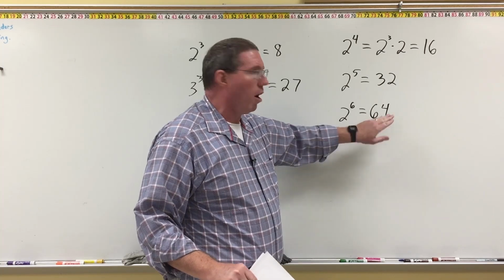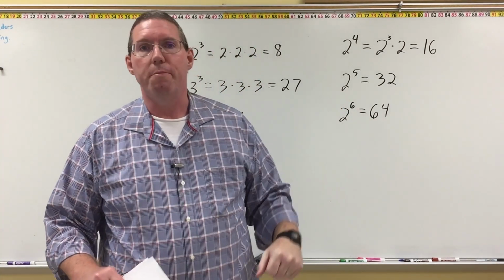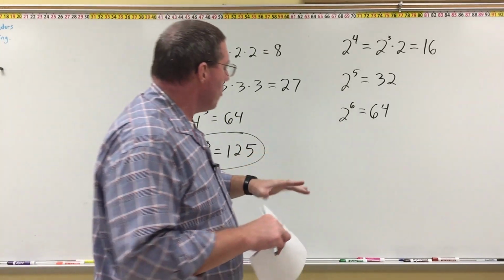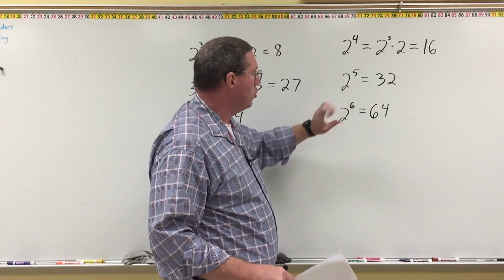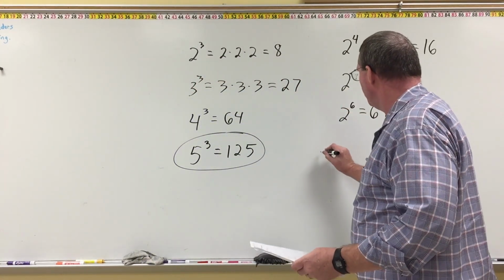So 2 to the 7th is 128. 2 to the 8th power is 256. You should be able to do that. But just in your memory, I require that you know up to 2 to the 6th power. Okay? And then the last one that I want you to know is 3